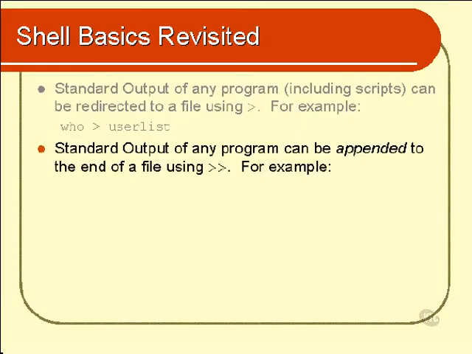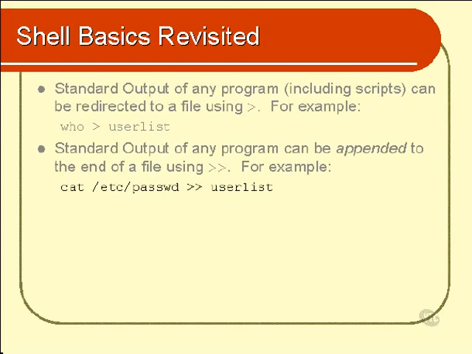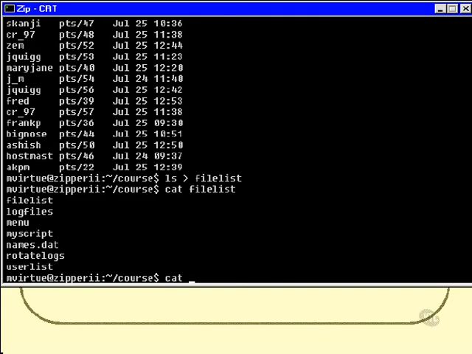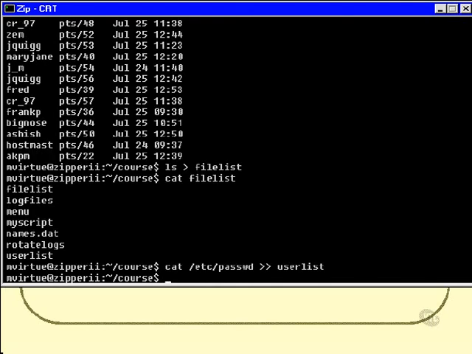Very similarly to the first option, standard output can actually be appended to the end of a file rather than creating a brand new file. To do this, you use the double greater than signs. For example, I could append the contents of the /etc/passwd file onto the end of my existing user list file by simply using the double greater than sign. Let's do exactly that. If I cat /etc/passwd onto the end of my user list file,